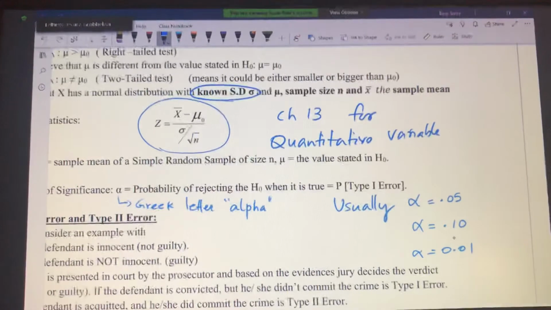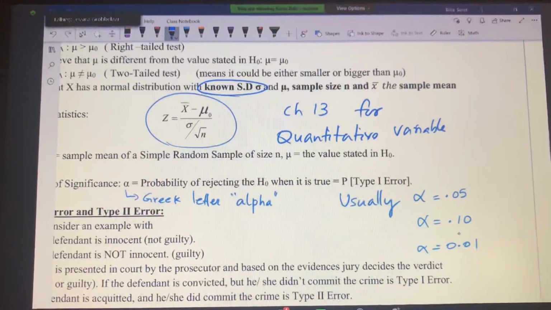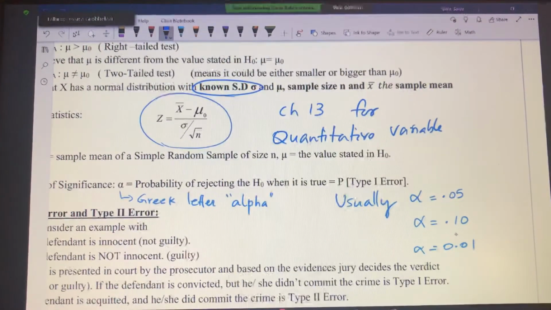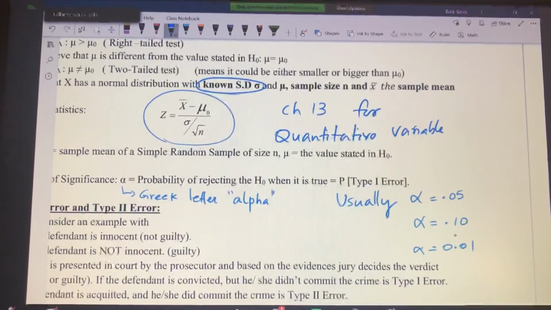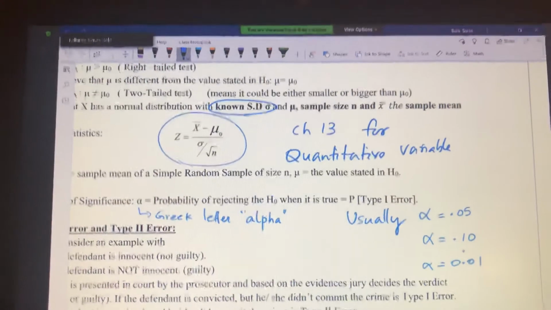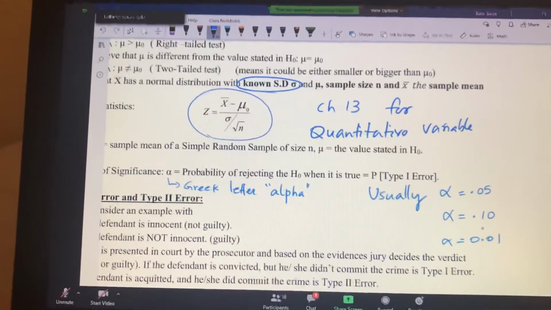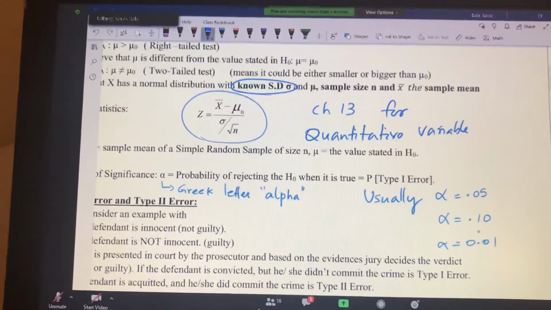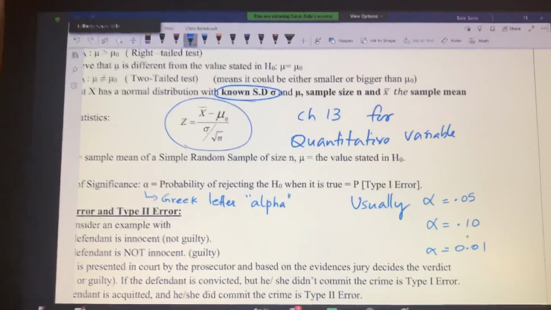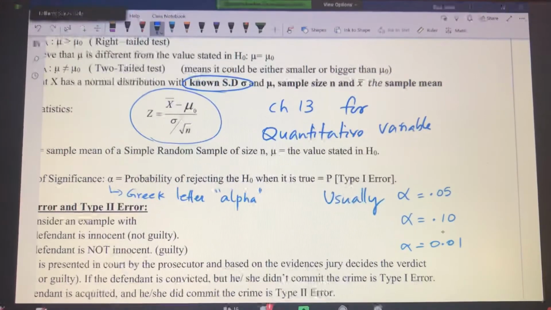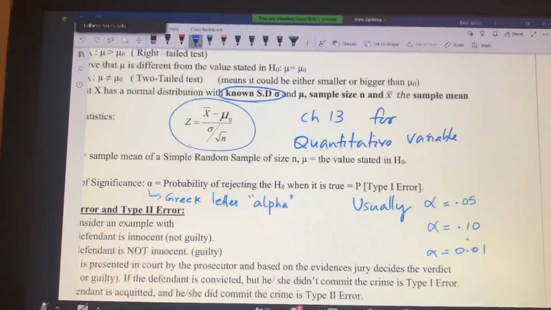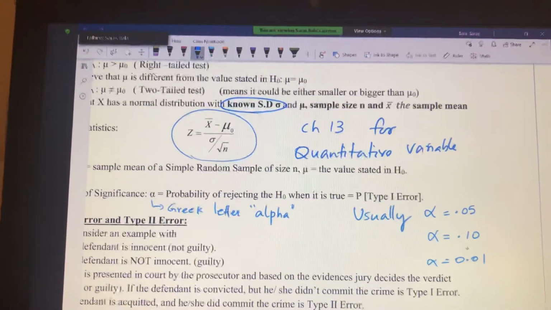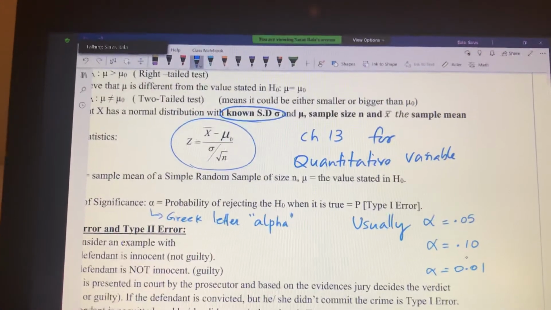Yeah, I just want to clarify. Is alpha always the complement of the C level? Correct. It all depends on your C level. So suppose your C level, the confidence level, is 95, then because you are able to accept the probable limits for mu at 95 percent, I'm talking about the zone where it is going to be rejected. That is going to be the 5 percent. When you talk about the middle